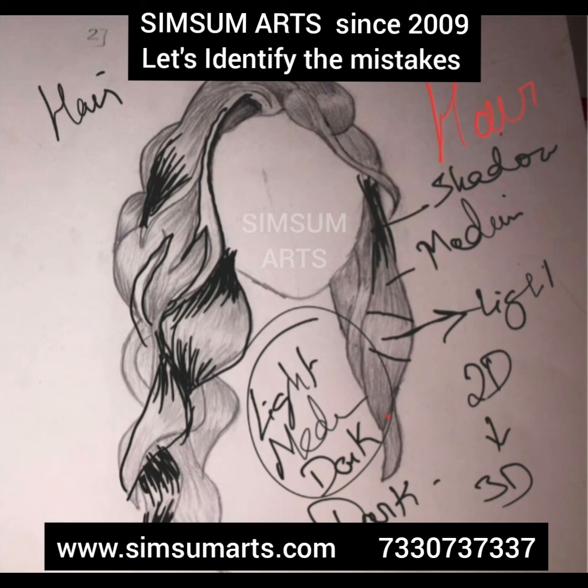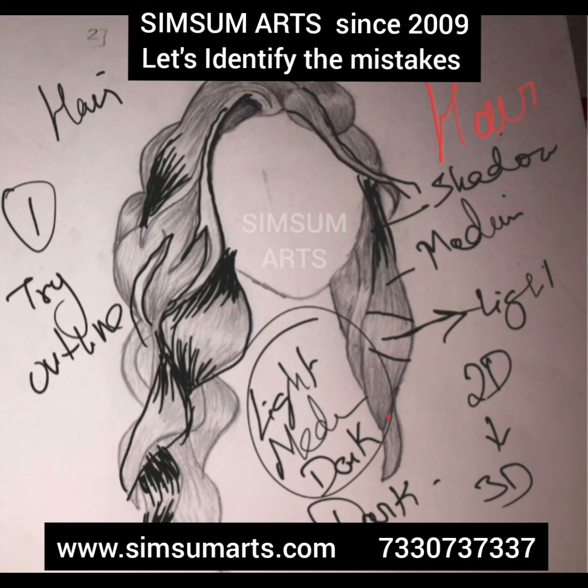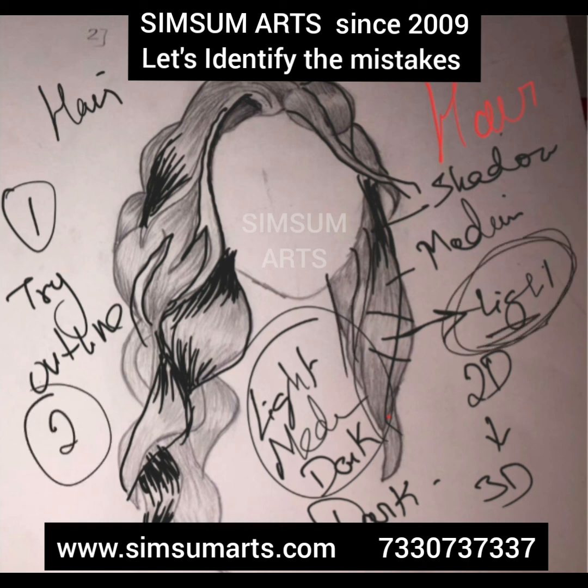One important point you should remember is, whenever you're doing hair, the first thing to do is try to understand the outline. Outlines are very important. So let's say this is one of the outlines which the girl has, and then this is another outline. Let it go like a flow. So these are some of the outlines you're going to give. The second point is that you're going to give the light strokes. These light strokes follow the flow of the outline. And then the third point is that you're going to give the medium strokes, and finally all the shadow strokes.